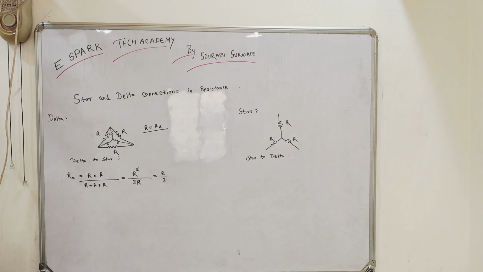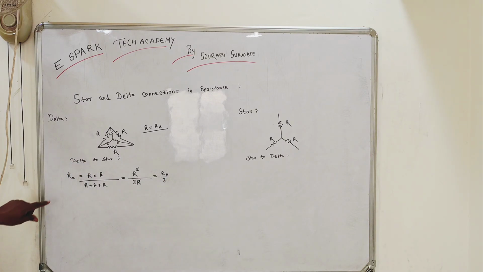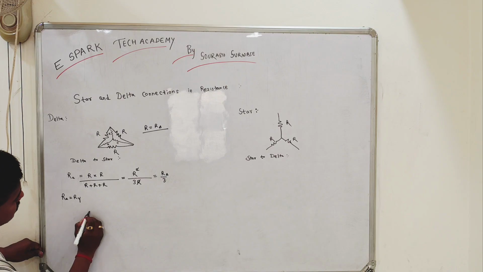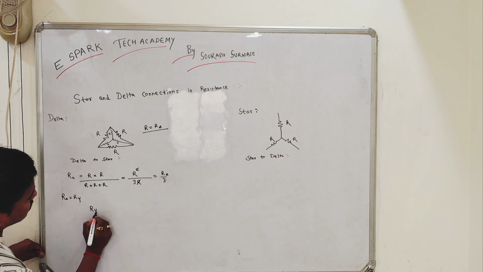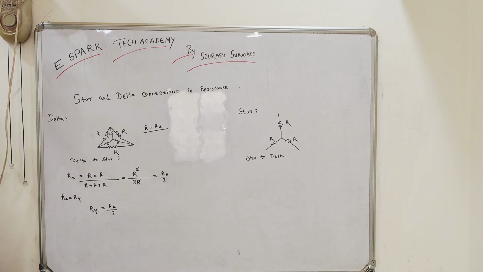Now you can prove that this resistance Ra is nothing but R star. R star is equal to R delta by 3 when the same value of resistances or elements